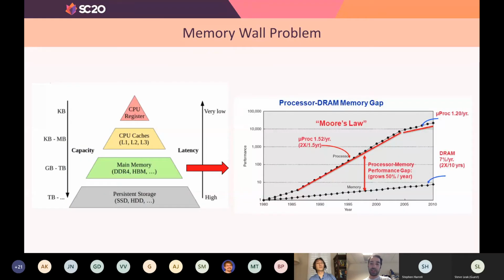Next slide, please. The performance of many sparse algorithms hits the memory wall problem, which is a very relevant problem today. CPU and GPU technology improves very rapidly with Moore's law. The right graph shows the doubling of performance every 1.5 years. However, DRAM technology is very slow compared to GPU technology. The latency, which is the time to take data from memory and bring it to the CPU register, doesn't drop as fast as CPUs become faster. DRAM performance doubles every 10 years, which is much slower than CPU. That's why